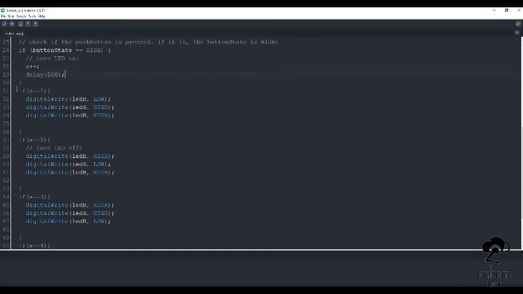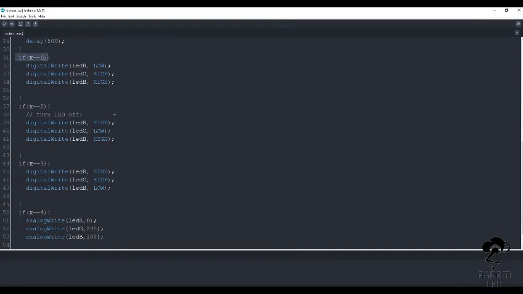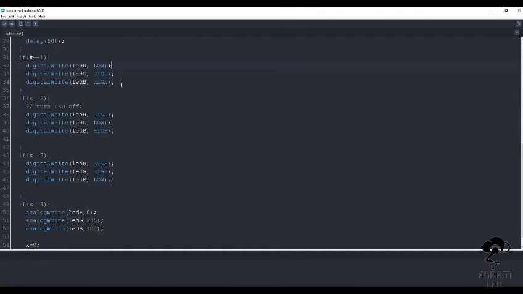Okay, and then I have written 4 if functions for the 4 variables. So if x equals to 1, then I wanted to execute this, means the red will be low, and green and blue will be high. I'm actually using RGB as a common anode, so to glow any particular color, I have to present low there.